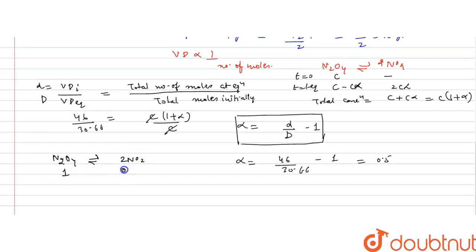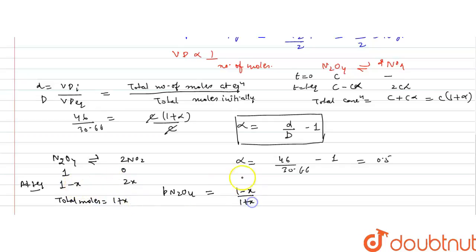If it has 1 mole, so it will be 0 for NO2, and at equilibrium, X amount will dissociate, so it will form 2X. Now if we write Kp for this, we have to find the partial pressures of N2O4 and NO2. Partial pressure is calculated as mole fraction into total pressure. So the mole fraction of N2O4 would be 1 minus X. Total moles at equilibrium would be 1 minus X plus 2X, that is 1 plus X.